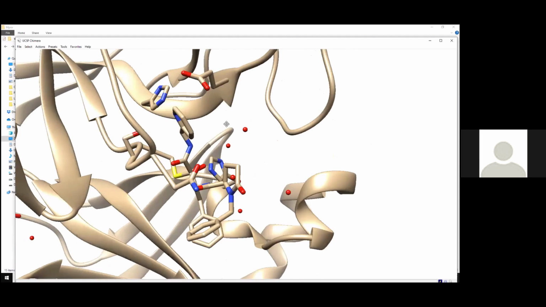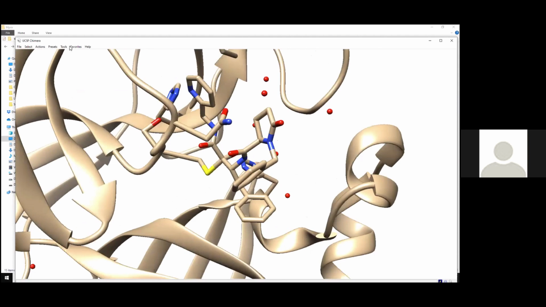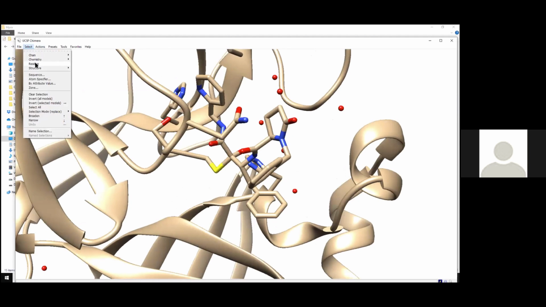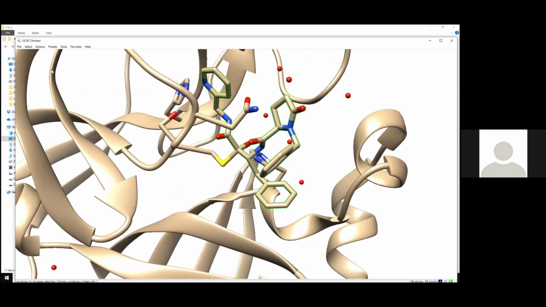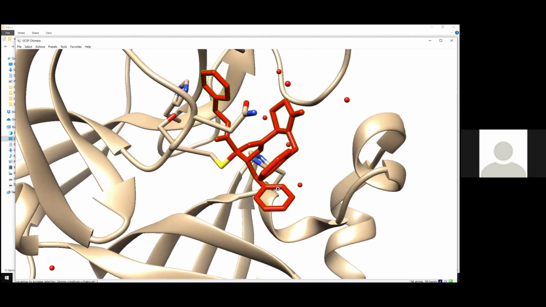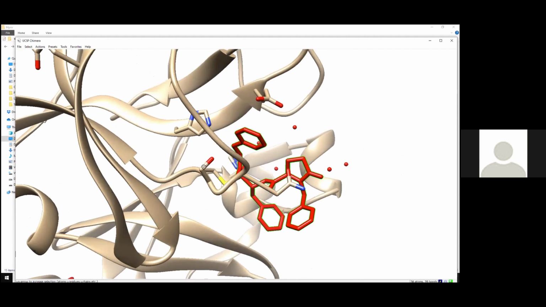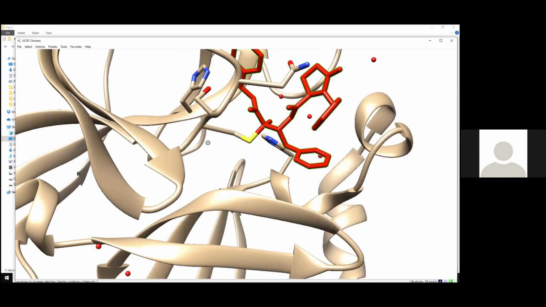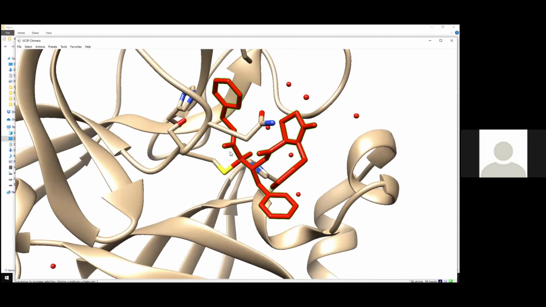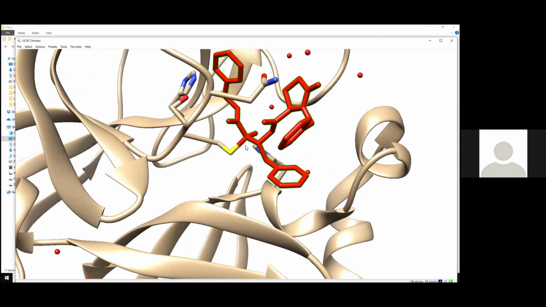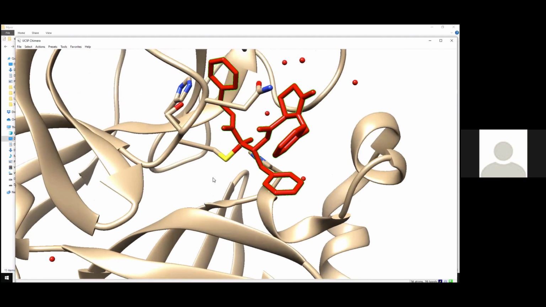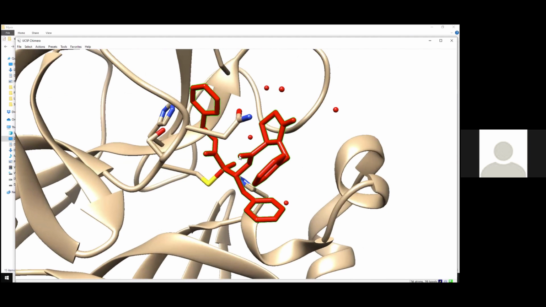And over here, which you see in this ball and stick model, is a ligand molecule. Just select it so that it's visible to you. I'll just color it in a different way. Okay, so you can see this small molecule over here. It may be a lead molecule or a therapeutic molecule. In this case, there is a covalent bond formation over here. We're not focusing on it, but it depends on the biology of the protein.